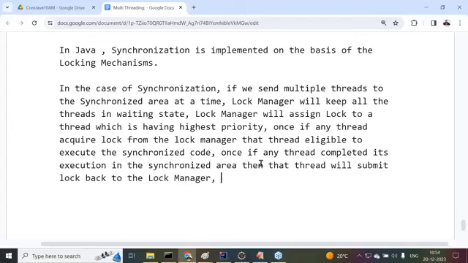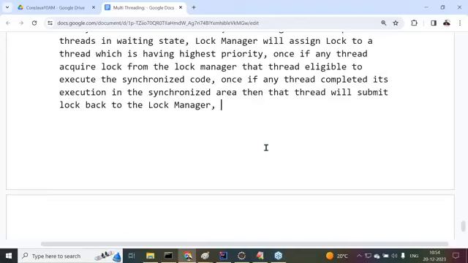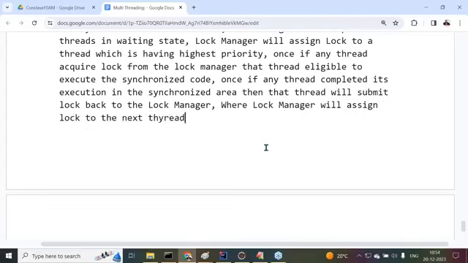Then the lock manager will assign the lock to the next thread which has the highest priority.